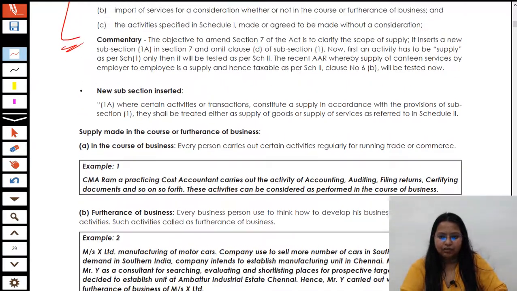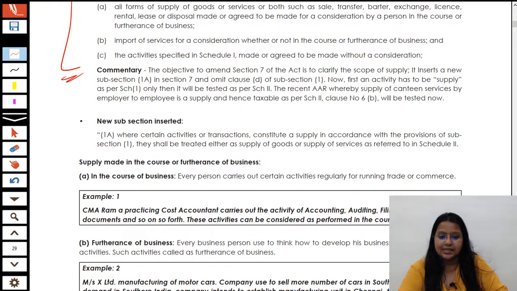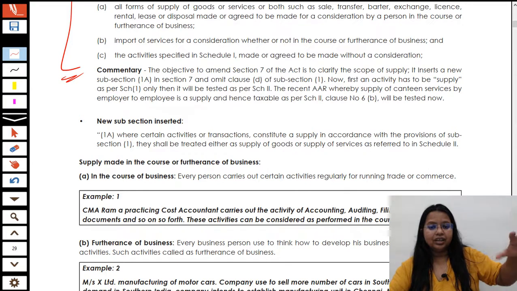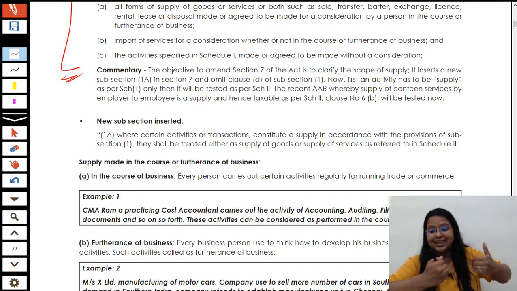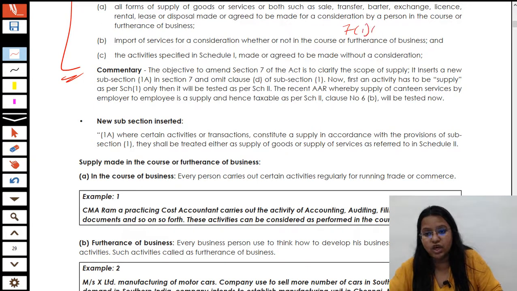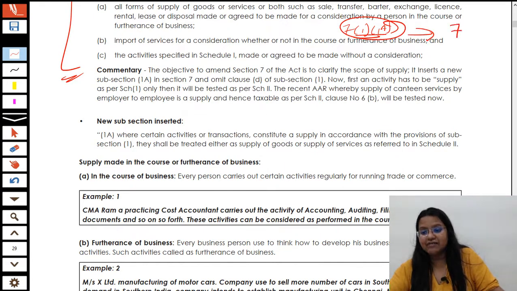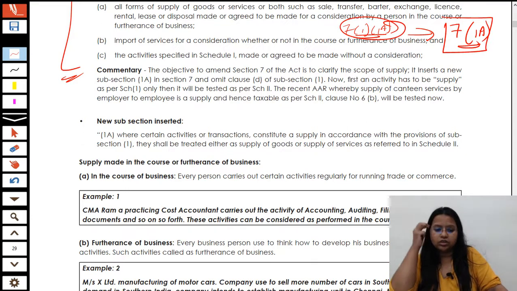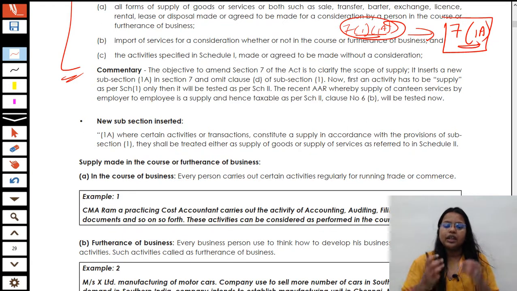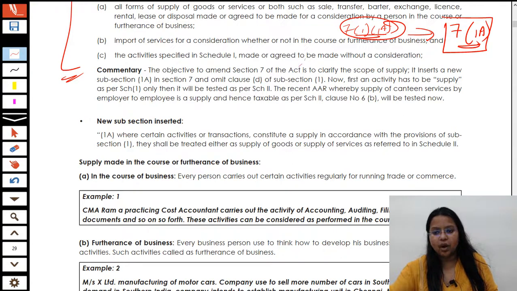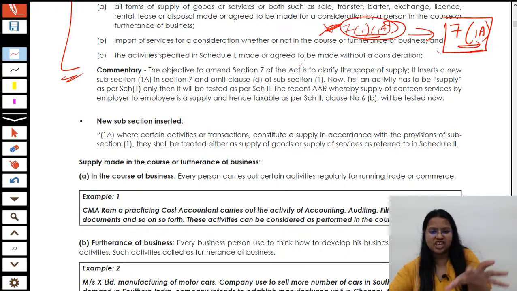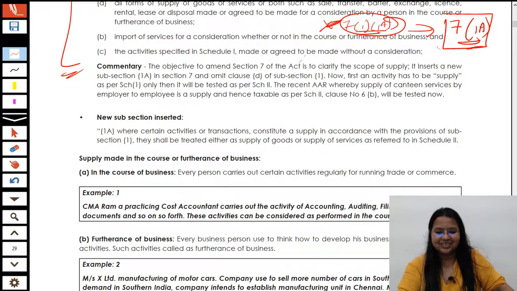students, now let's start one point. Yes students, there is one very important announcement. Earlier, clause D was there, and they have removed clause D. What they have actually done is that they have introduced section 7 subsection 1 clause 1A, but now the new name is section 7 subsection 1A. Okay, so you can write it in your notebooks also. Might be in your old edition books it is like this, but now it is not like this, it is like this. Okay, section 7 subsection 1A. Okay,